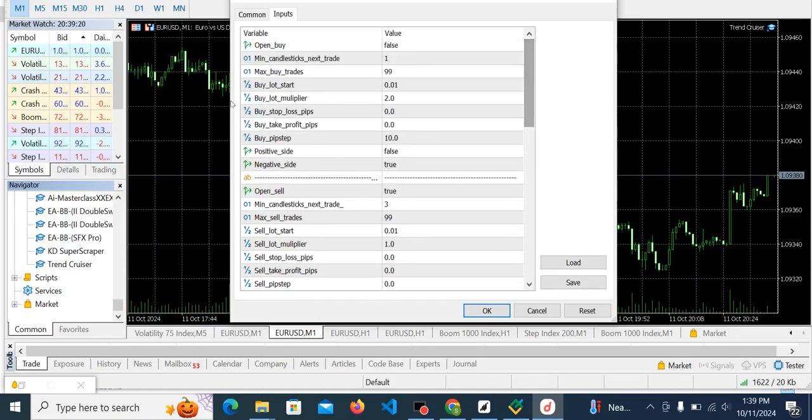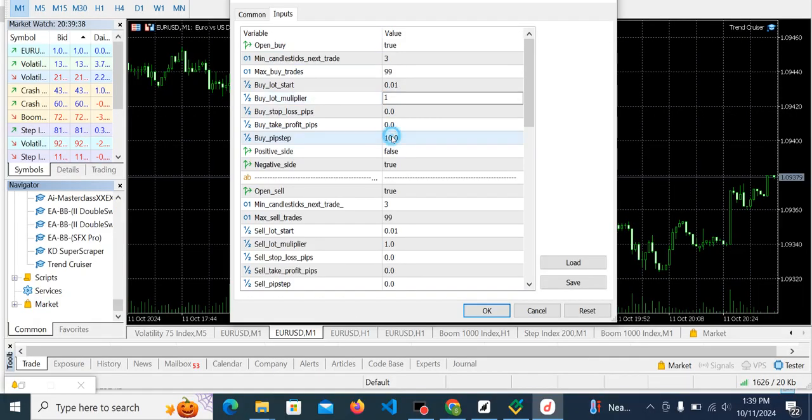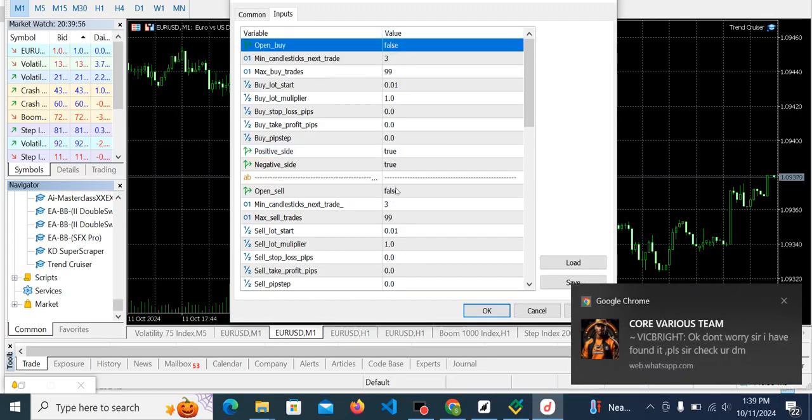The same thing is applicable to a buy order. Let's say the market is on uptrend. You make this true and you make these 3 candles, and make sure you go with the smallest lot size, and of course this should be 1 and this should be 0 and this should be true. It is as easy as that. Just that whenever you want to trade uptrend, you turn this on and off this. Whenever you want to trade downtrend, you off this and on